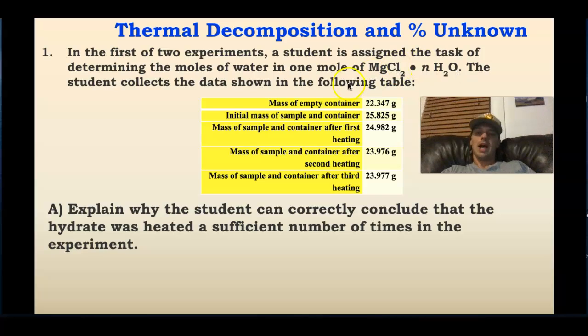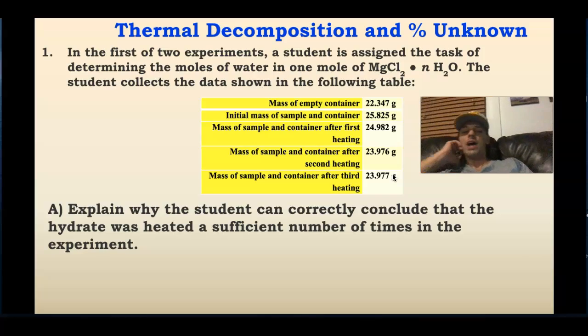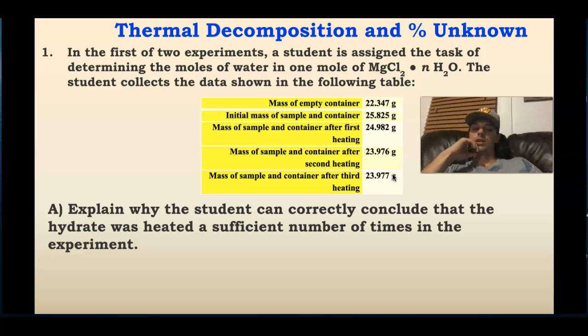All right, so I start with an empty container. I put the sample of magnesium chloride in that container, and it weighs 25.825. Then I heat it up. I weigh it. It weighs 24.982. I heat it up some more. It weighs 23.976. I heat it up. I weigh it some more. It weighs 23.977. Explain why the student can correctly conclude that the hydrate was heated a sufficient number of times